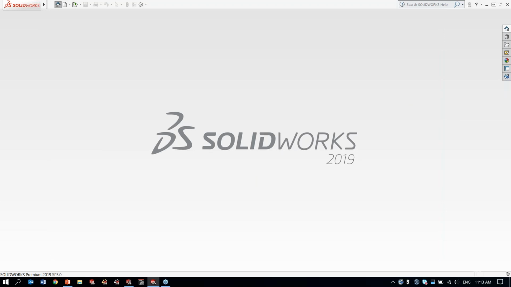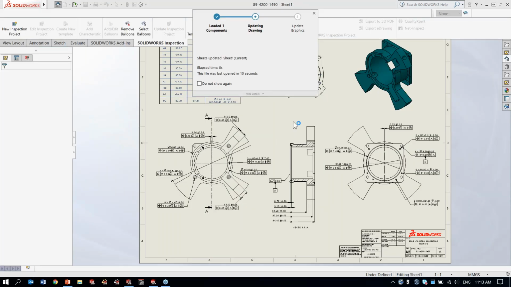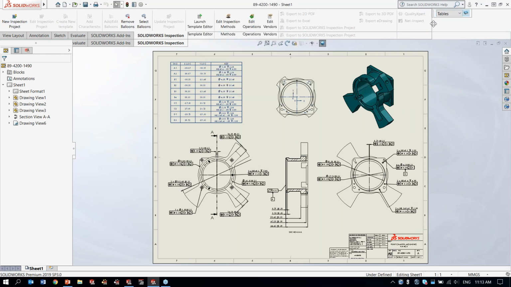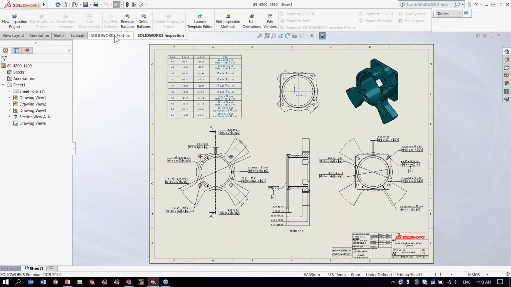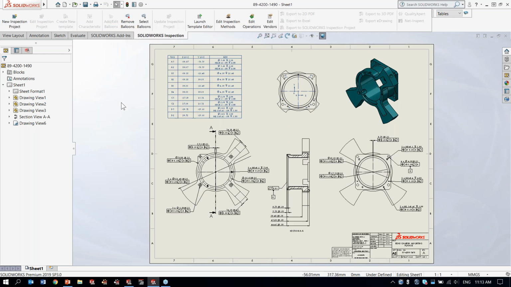So as it's opening, obviously we can see the drawing really clearly. Now, as I said, SOLIDWORKS Inspection has two user interfaces. The first user interface is actually built within SOLIDWORKS. Well, it's an add-in to SOLIDWORKS. So you turn on your SOLIDWORKS Inspection add-in, you get this added toolbar that has a few options, and will